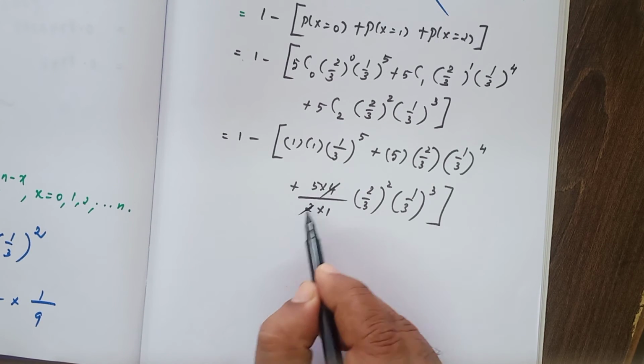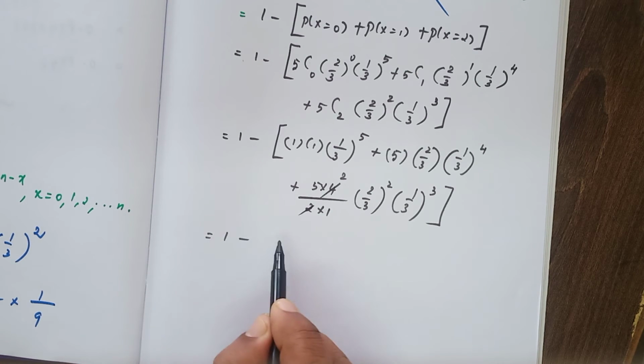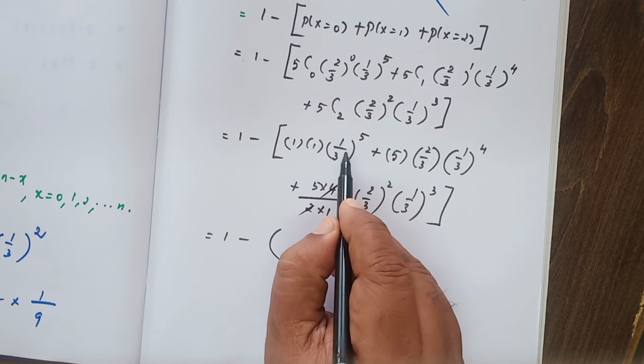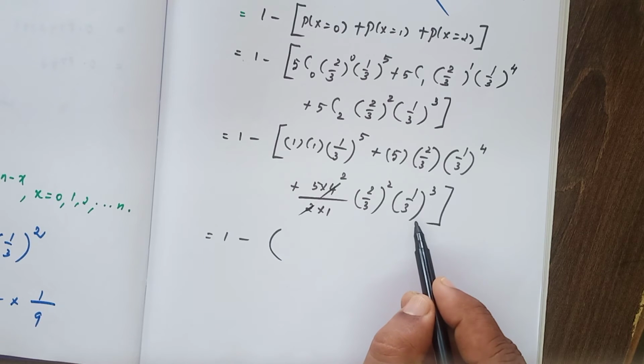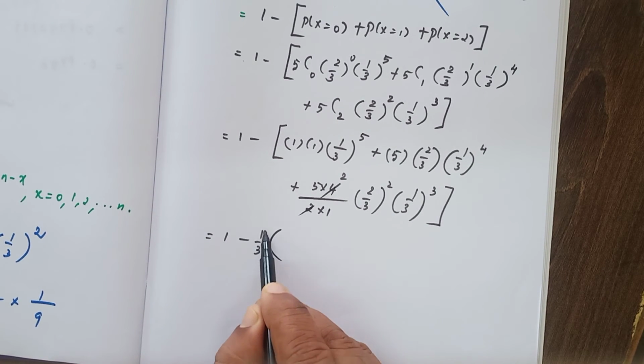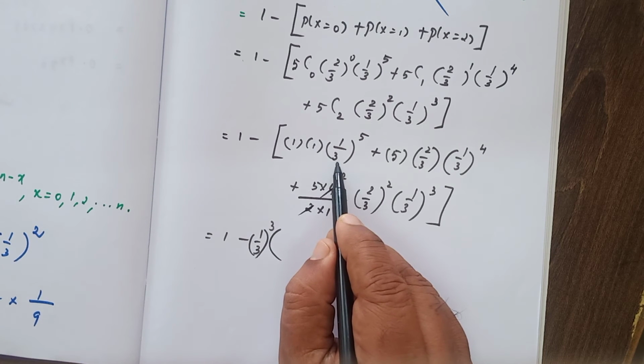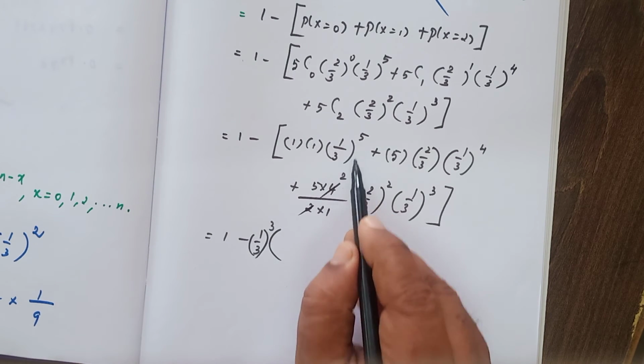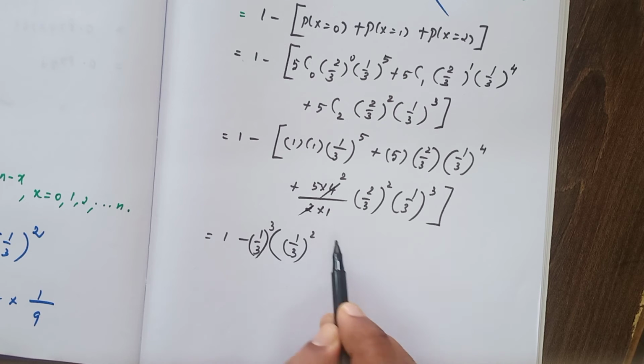Can simplify 2 times, that is equal to 1 minus 1 by 3 power 5, 1 by 3 power 4, here 1 by 3 power 3. Which one is the least? This is the least one. So take it out. That is common. Since I have taken 1 by 3 whole square as common, the left one is 1 by 3 whole square. That's the balanced one.